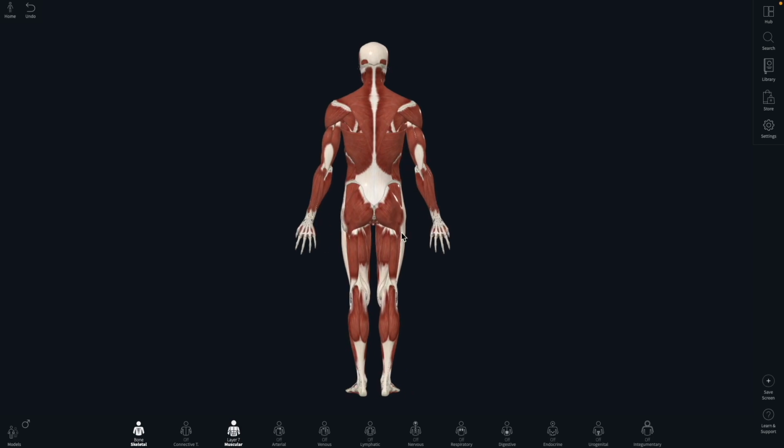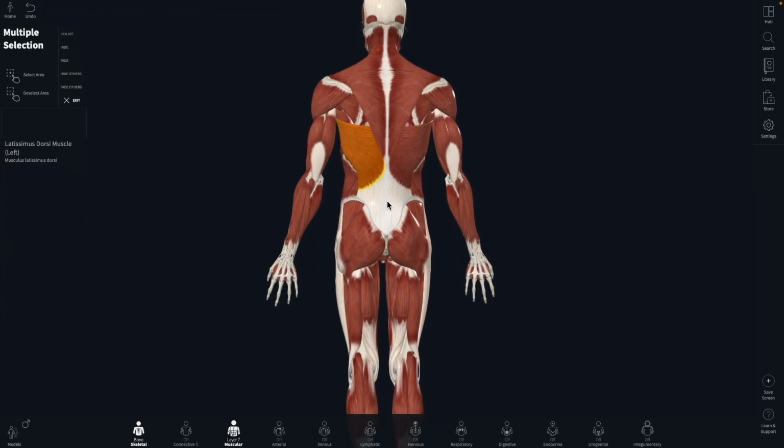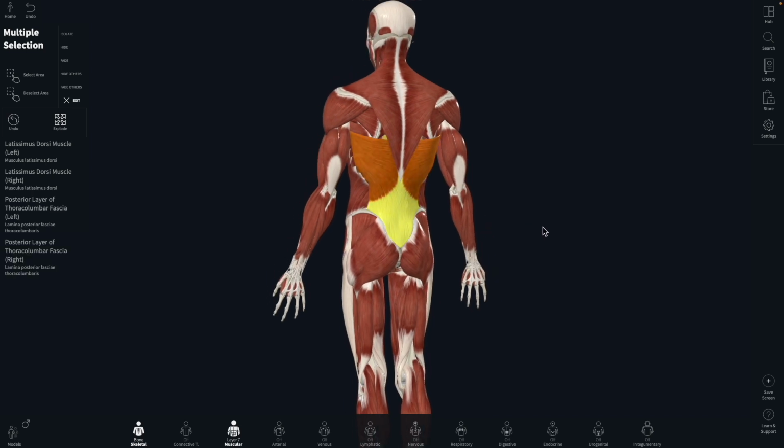And the first muscle we're going to be attacking here is going to be the latissimus dorsi, also known as the lat. And the reason why we are going to be releasing these muscles is because they attach directly into your thoracolumbar fascia, which means if they get short and tight, which is most likely when we're on computers all day, then it can also create tension in your lower back,